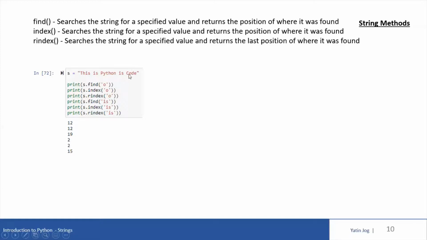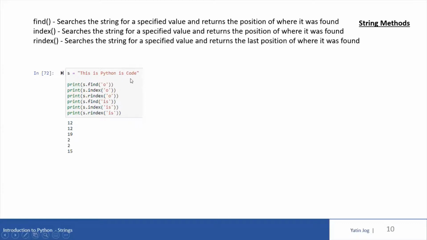Yes, another lowercase o is present. It will keep finding till the end of the string, and whatever is the last occurrence, that will be returned. That's why it is also called right index, so index from the right hand side, that is the last time lowercase o is present.